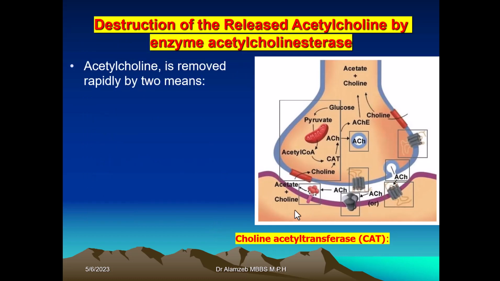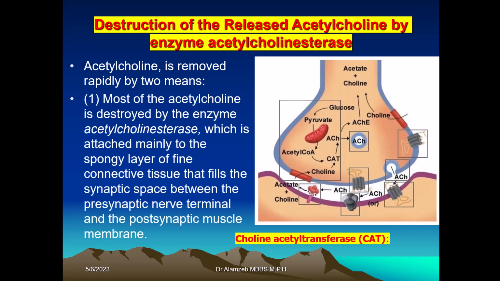Now, when the action potential is over and the contraction of the muscle is finished, the acetylcholine, which caused the contraction of the muscle, is rapidly removed from the synaptic cleft by two means. Most of the acetylcholine is destroyed by the enzyme acetylcholinesterase. Here, acetylcholinesterase is present in this synaptic cleft,